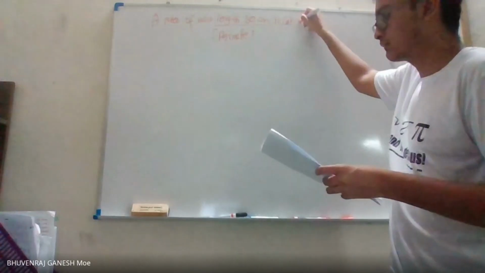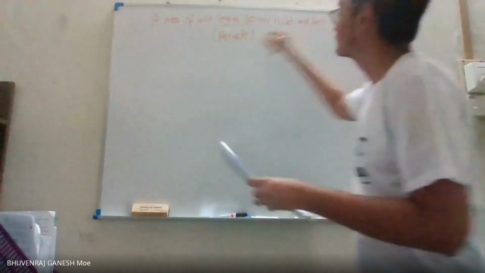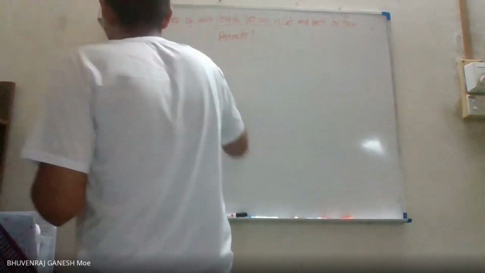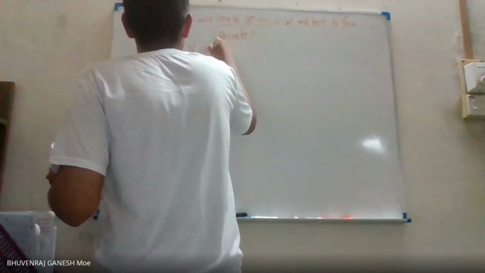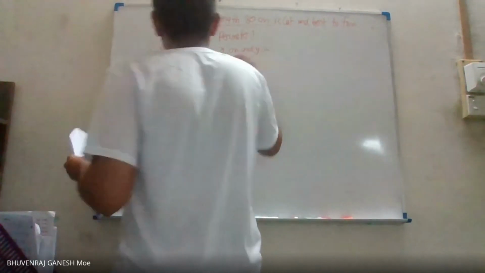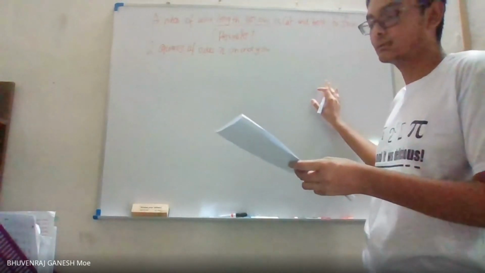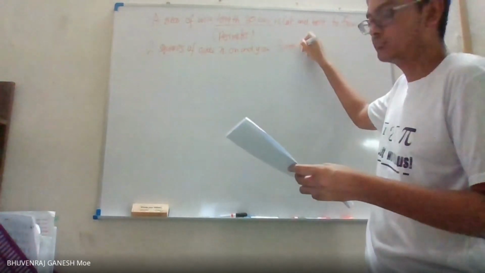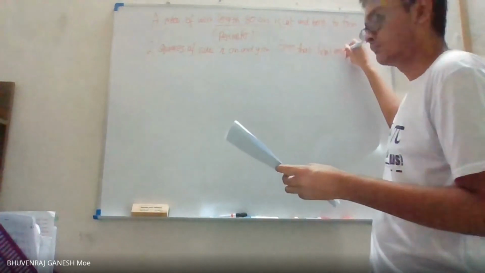It's cut and bent to form two squares. Squares, so you have to have the concept. Squares, all the sides are equal. So that's how your variables come. And they already gave you, they assume that the sides are xcm and ycm. So one of the squares, all the sides are x, then the other square, all the sides are y. So given that the total area of the squares